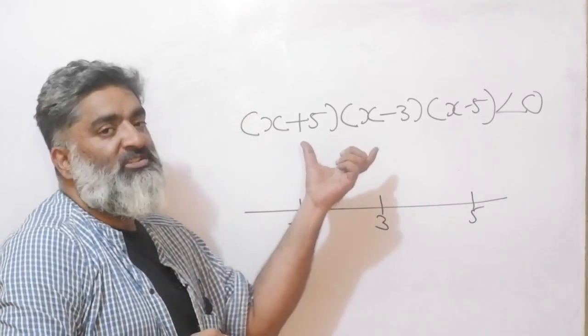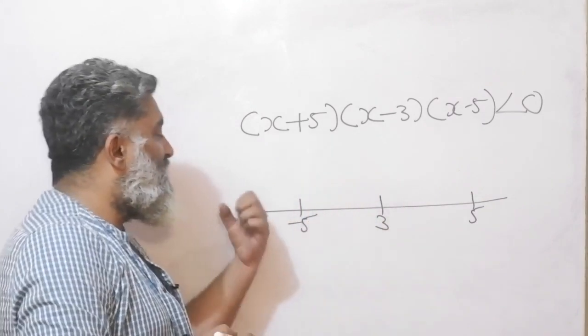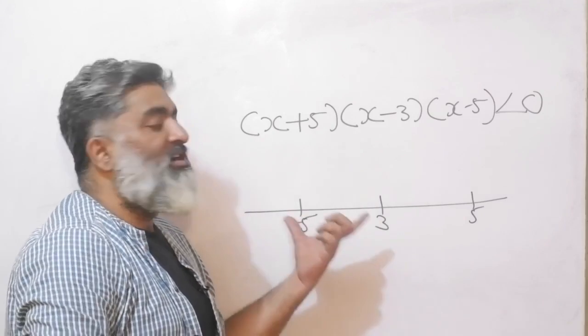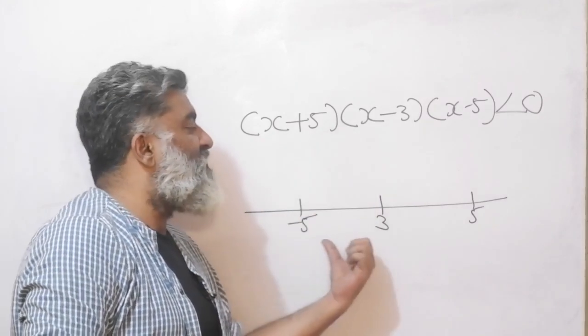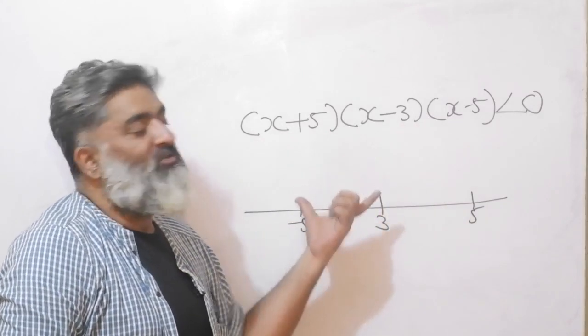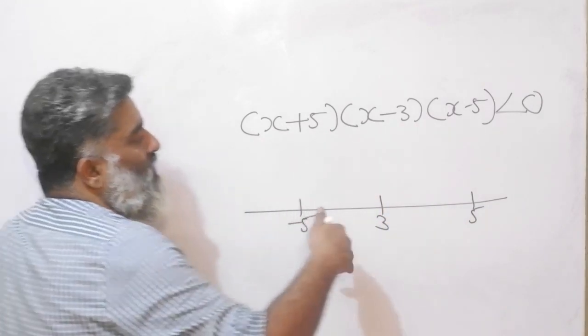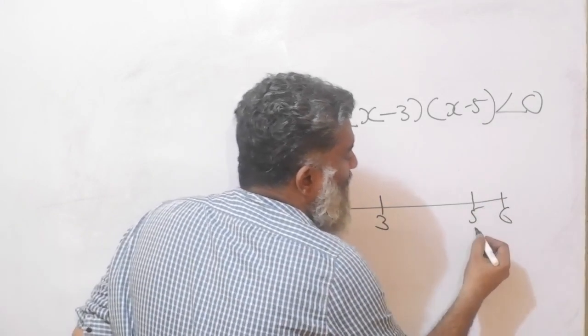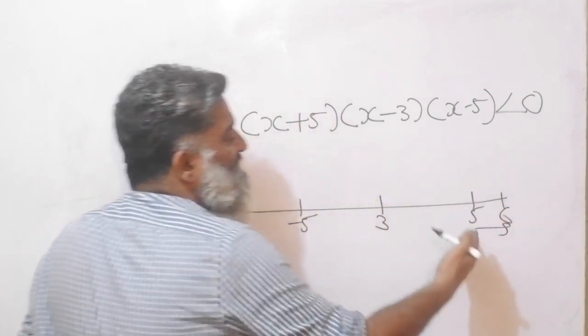I don't think we have discussed cubic expressions so far, but if you make a graph, it will go something like this. But don't worry about that, just know the base. That means this expression will have 3 roots, 3 points where the whole expression will become 0. So now I'm just guessing, if I put 6, that means I'm going on the right side of the biggest number.